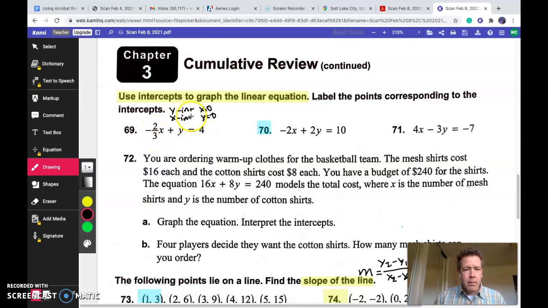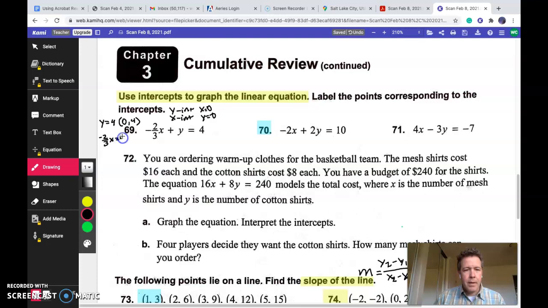So the first part of the problem says, okay, y-intercept, x is equal to 0. Negative 2/3 times 0 is 0. So what's remaining in the problem after we eliminate that? Well, y equals 4, or my coordinate is when x is 0, the y value is equal to 4. And that's the coordinate. The second part of the problem, a little bit more work here: negative 2/3 x